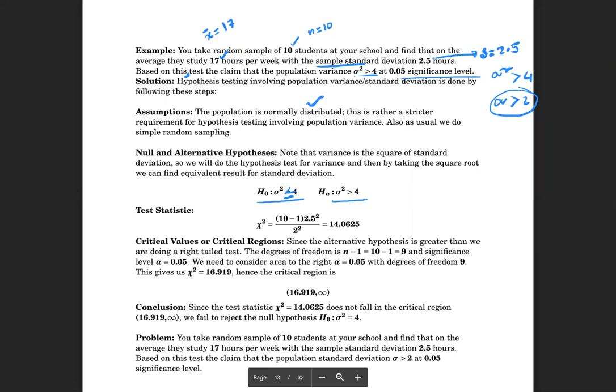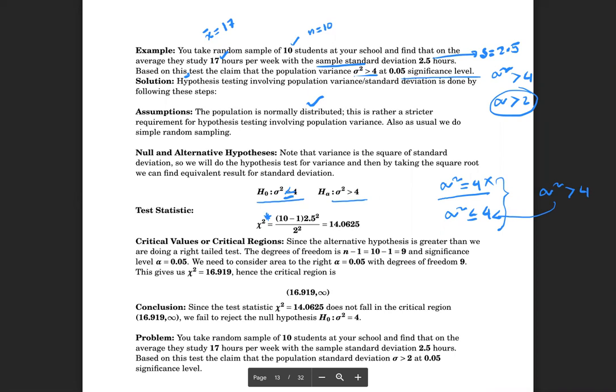And I think I don't penalize you in the homework system. Technically, if you put sigma square is equal to 4 versus sigma square is less than or equal to 4, what you are trying to gain support for is the complement of these, which is sigma square is greater than 4. In theory, the complement of this is this, not this, okay? So that's your null and alternative hypothesis, and chi-square star is